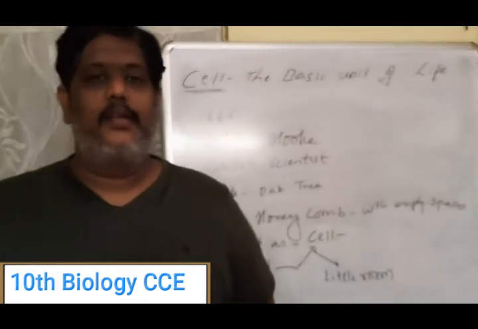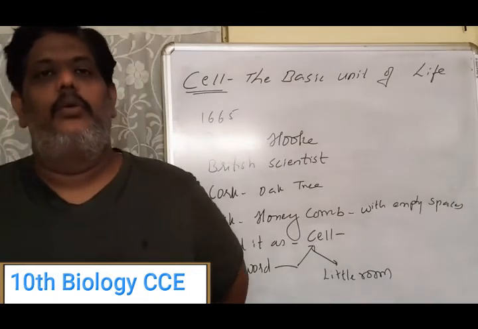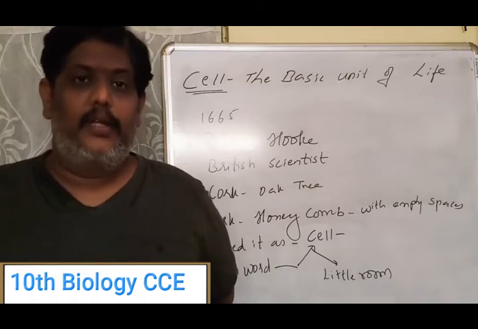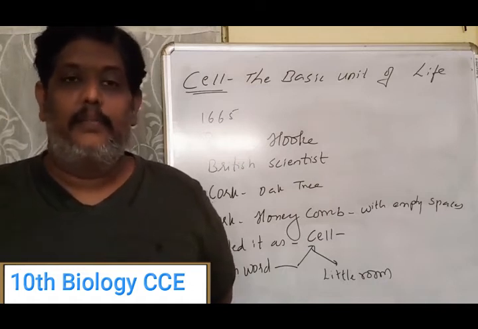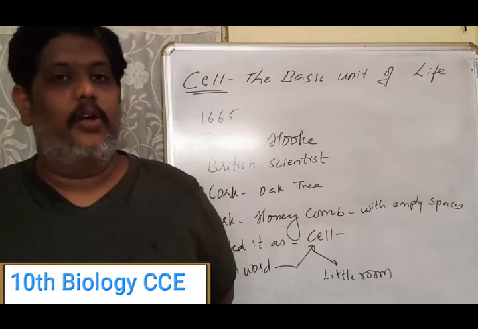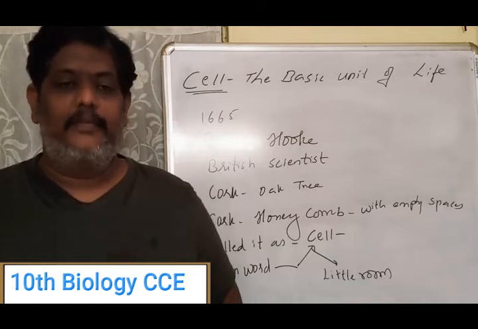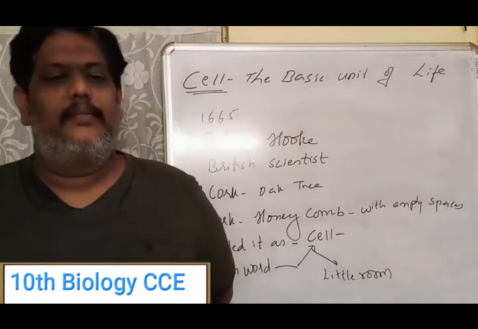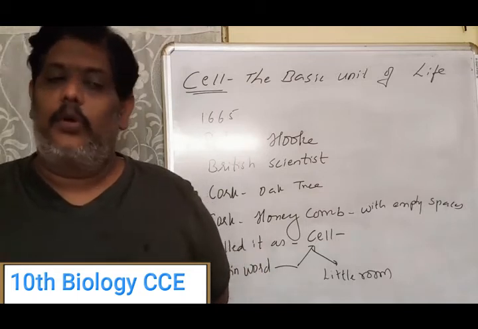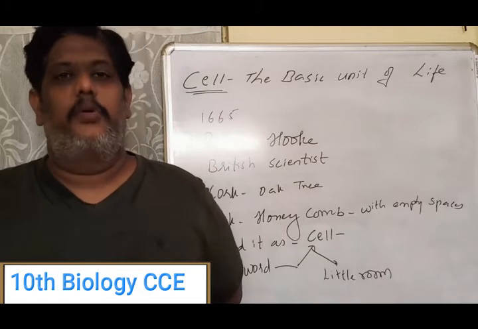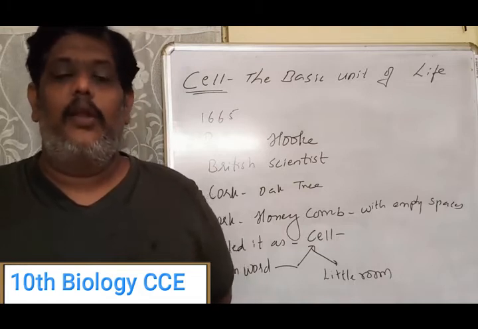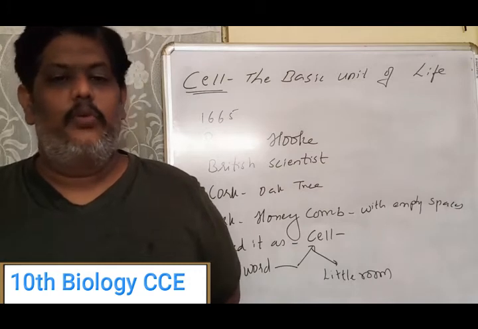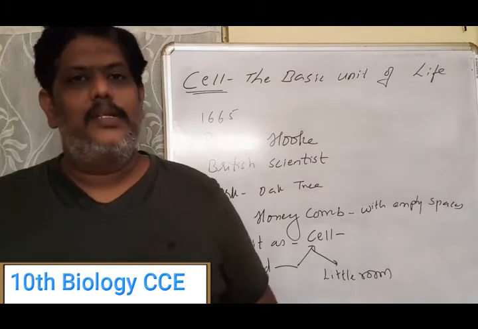We have seen how Anton van Leeuwenhoek discovered bacteria, protozoa, and yeast. He observed blood cells and droplets of water, and laid a foundation for the study of the cell. He observed not only living organisms but also many non-living things under the microscope. Now, how was the cell discovered?